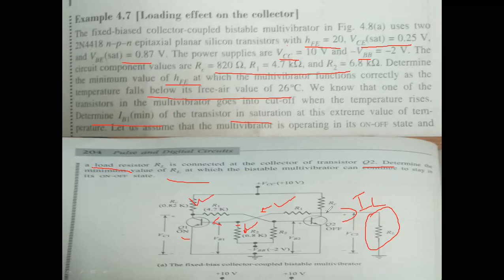Previously, if there is no load, this I1 current is flowing in this direction. Now when you connect a load, this I1 is going to be split: some current in this direction and some current to the load. We have to find out this load current. This load voltage is nothing but the VCE voltage. VCE divided by this current, you may get the load resistance. That is the last part they had asked: find out the load resistance. Therefore we have to find out the VCE voltage and the load current.